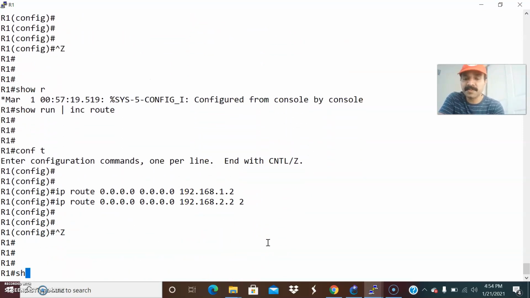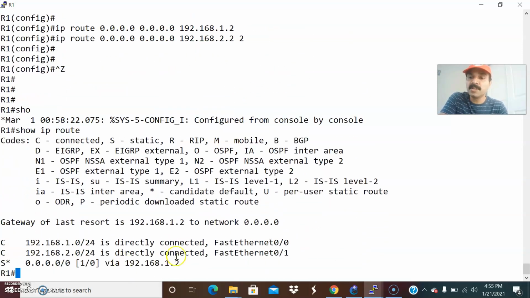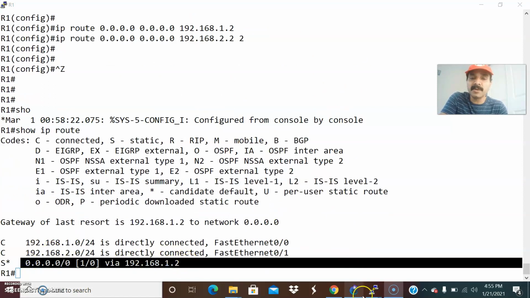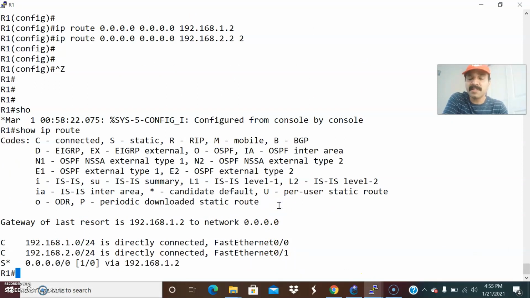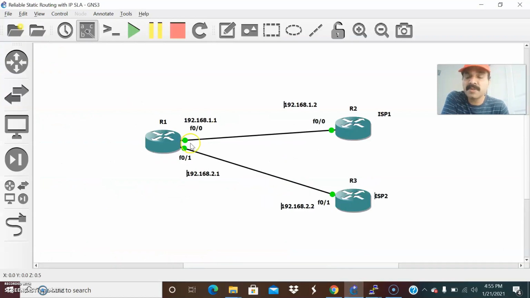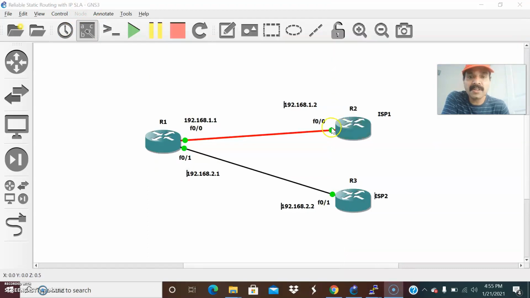So now let us see. Show IP route. You can see 1.2 is always the primary route, right? That is the purpose of this floating static route. So what I have done: first I configured all the connected interfaces. Then I created the IP SLA for monitoring the statistics. And what is the statistics? It sends a simple echo request and echo reply. Then I created a static route to R2 and R3. These are the three things I have done. And here I configured the default administrative distance, and this one I made 2.